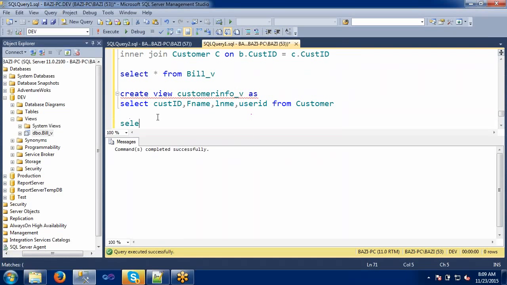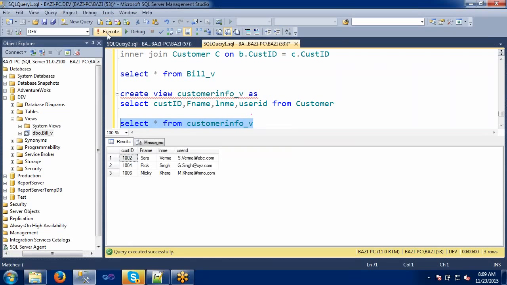It's not compulsory to have multiple tables, we can create it on a single table also. Select star from that view. I'm just trying to execute it.